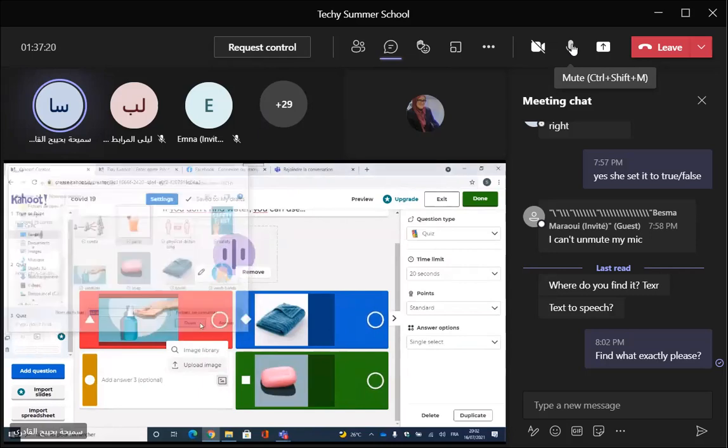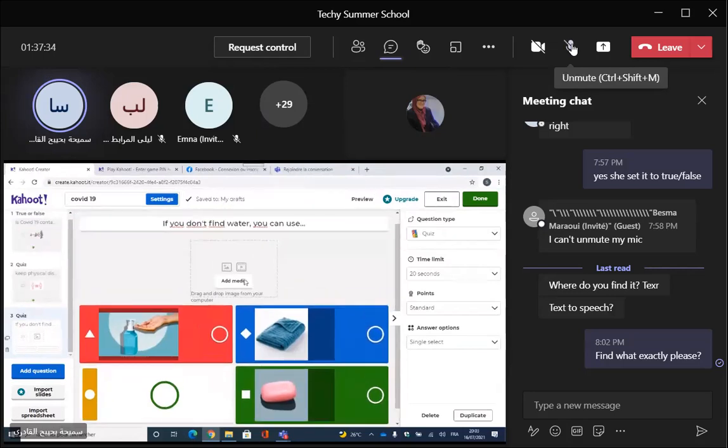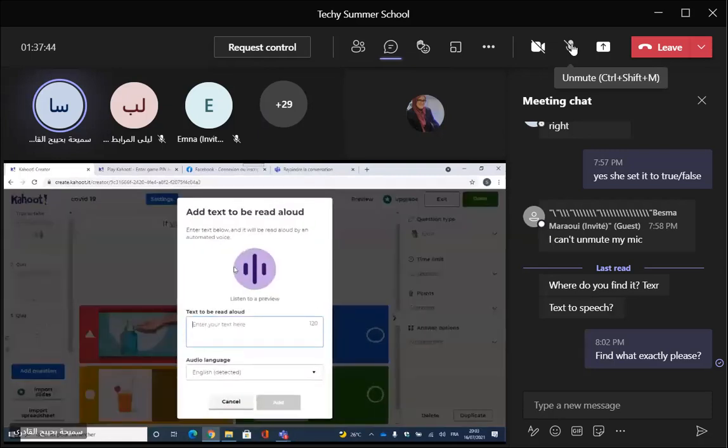Okay, so I'm going to remove it. Here we are. As you can see here, we can add a picture or video or audio. You just tap on add media. We can add an image from the library, upload an image from your PC, a video, or you can add audio. Of course, you are not going to record your voice. You are going to write the text that you want to listen to, the way you do in a text-to-speech service.